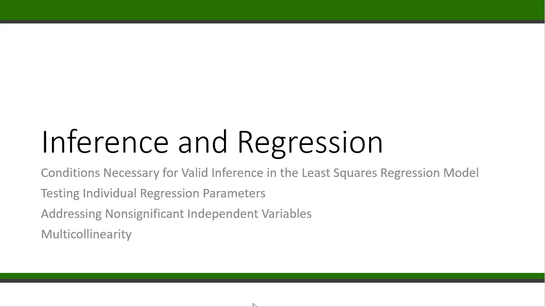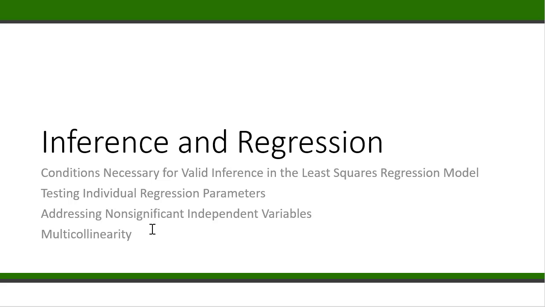The next thing I want to talk about is inference in regression. What are some conditions necessary for valid inference when you use the least squares regression model? How do you do some testing on those regression parameters? Are those good betas or not? It could be that those betas might fall in a confidence interval that would include 0. So then they wouldn't be very good for using as an estimate. And then we'll also look at non-significant independent variables, should you use them or not,